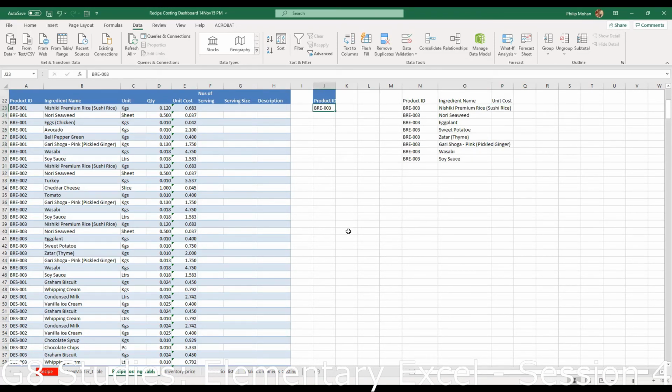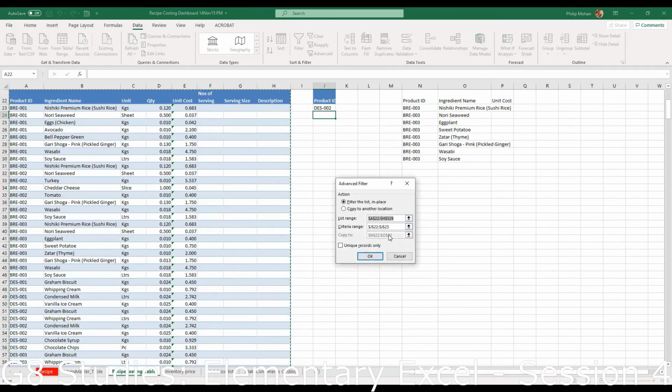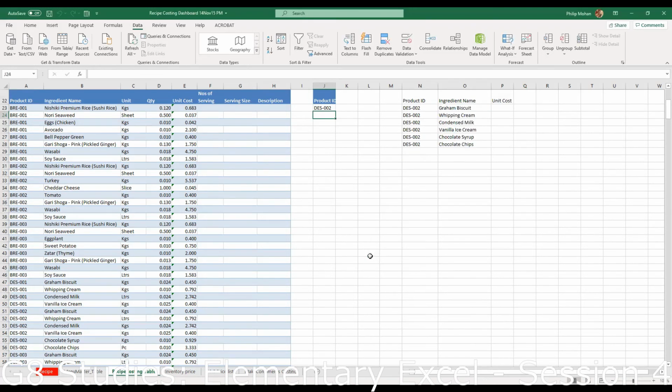Let's say dessert 002. Now I go to advanced. That's okay. This is also okay. Instead of copy to, I will just say these two and say okay. See now it has not picked up unit cost because I selected only these two columns.